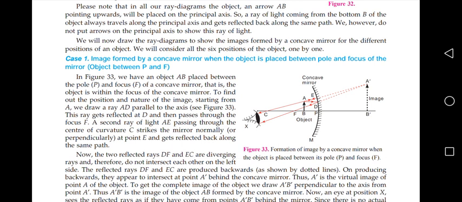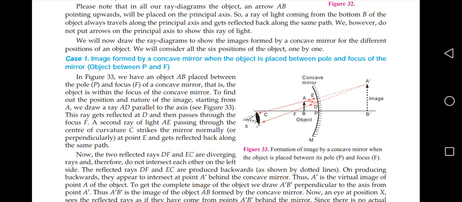So if you call the object AB, the image can be represented by A dash B dash. In this figure number 33, you can see that the size of the image is bigger than that of the object. Okay, so the object is of smaller size whereas the image is of bigger size. And also, because the rays of light are not actually meeting but appear to meet, you are extending them backwards and then making them meet, the image formed is not a real image but a virtual image, and the size of the image is bigger than that of the object.